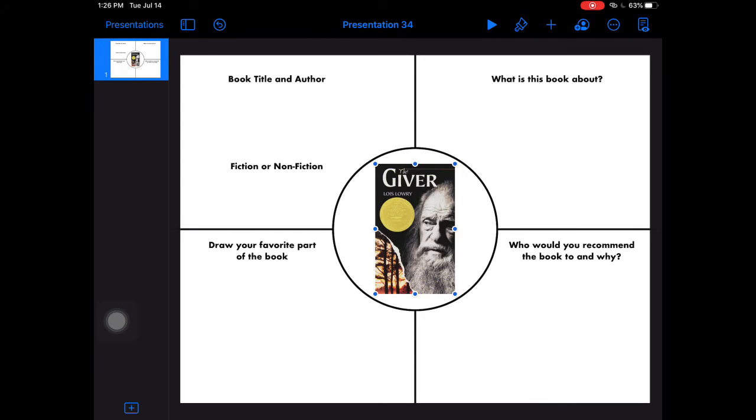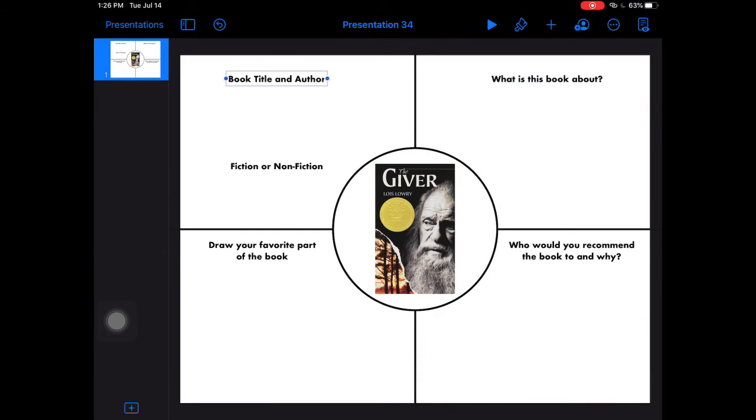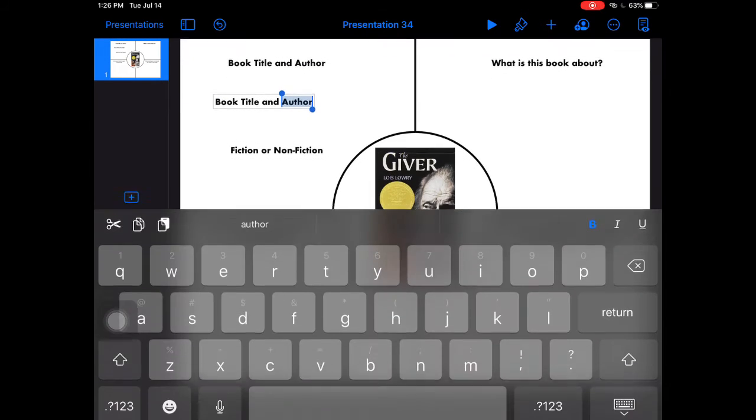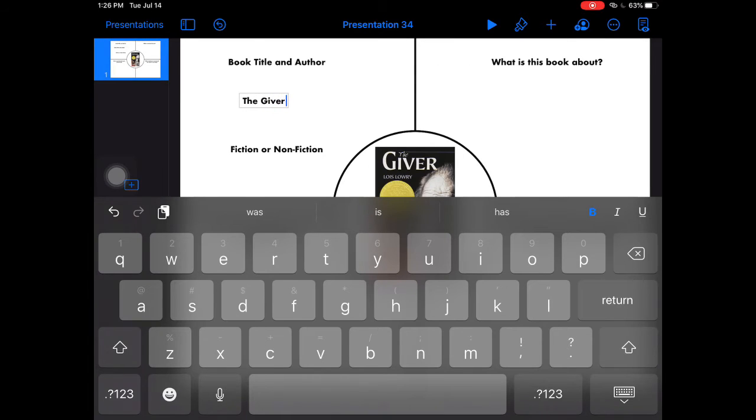Now I'm going to add the title and the author in the first box. So I can either copy and paste it or I can add another text box. I'm just going to copy and paste it because I think that's easier and faster. And the title of the book is The Giver by